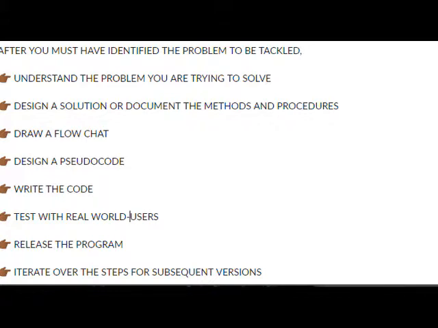Test with real world users so as to gain some feedback, which will obviously help you optimize your model some more. Release a program considering affordance so the end users can have ease while using the program. Iterate the steps for the next version.